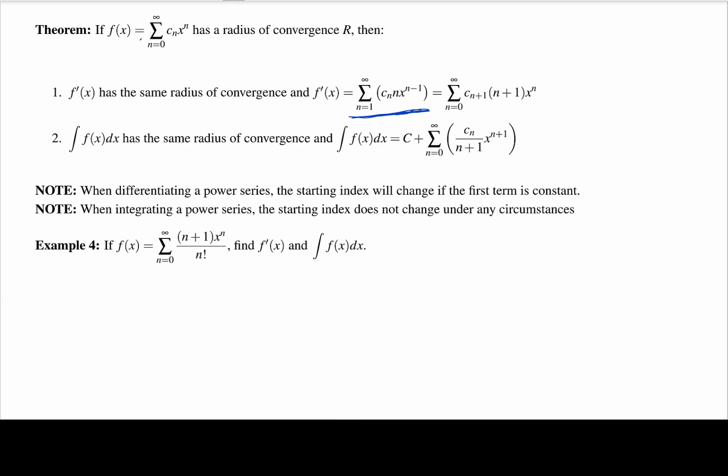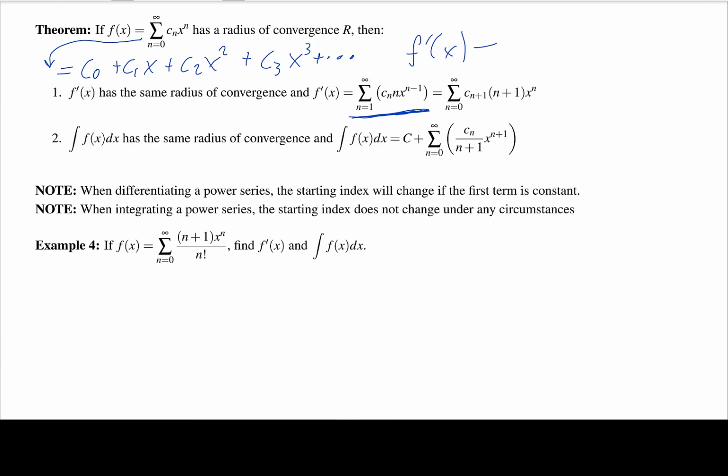This power series right here is going to be equal to c sub 0 times x to the 0, so that's just c sub 0, plus c sub 1 x to the 1, plus c sub 2 x squared, plus c sub 3 x cubed, and so on. So then that tells me if I take a derivative of this thing,